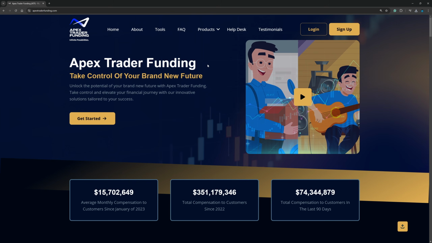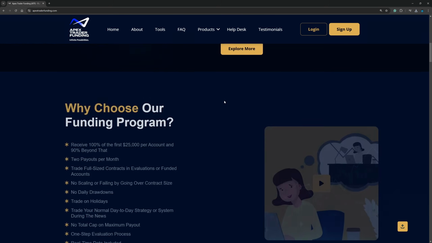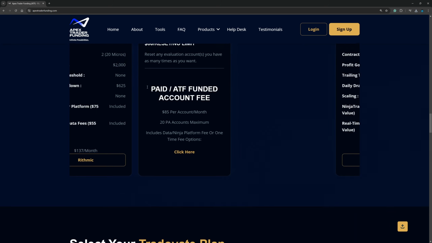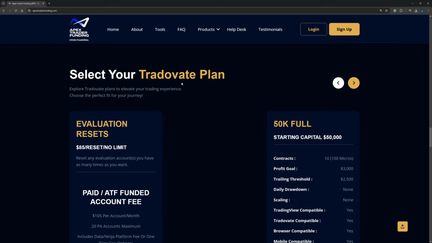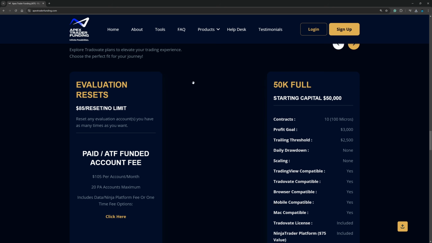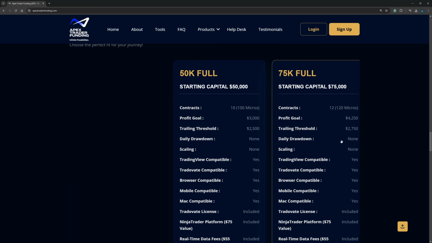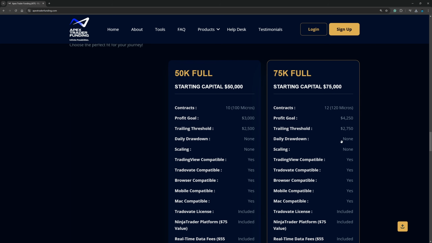In this video, we're going to talk about APEX and Tradovate accounts and how to connect them to NinjaTrader. Now, when you scroll on down, we know Rithmic accounts tend to be the most popular. However, they're also the most difficult to set up. If you scroll down a little bit more, APEX also has Tradovate plans. You can scroll through and see all the different account sizes, basically the same accounts that we see with the